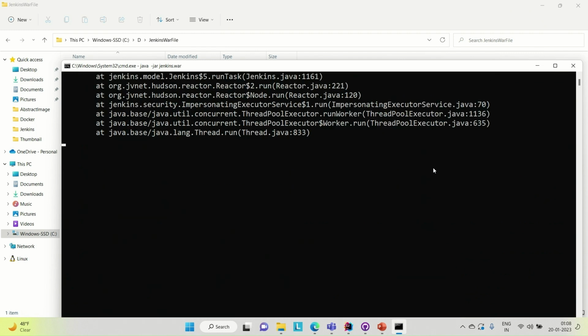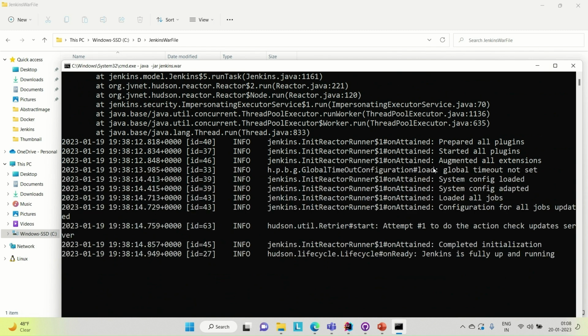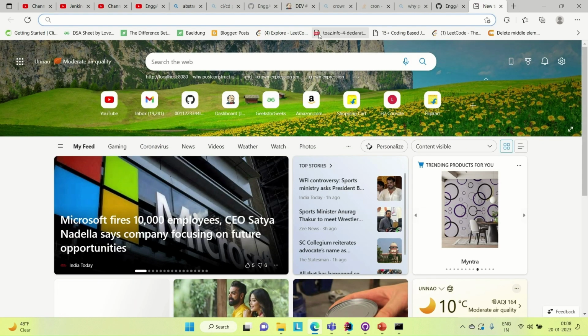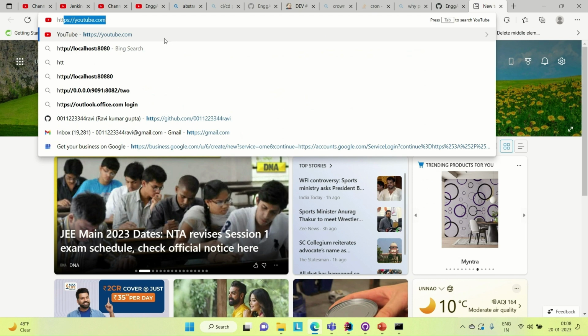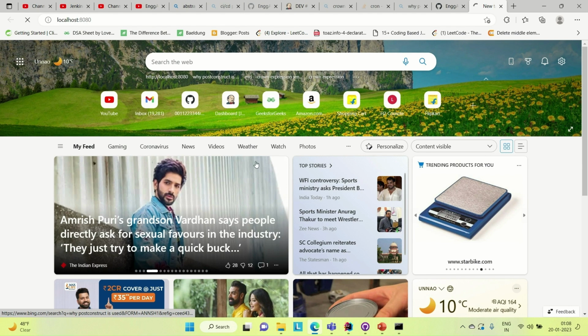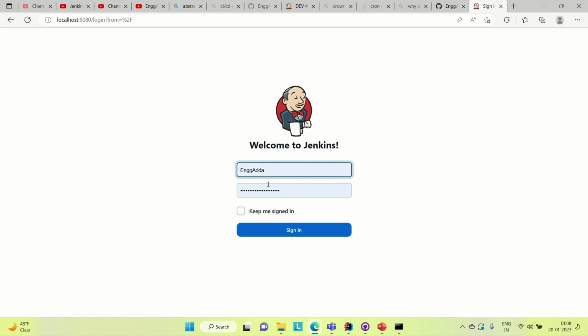So once it is up, we can log in to the Jenkins and then we can try to build our first job. So you can see Jenkins is fully up and running. So come here to the browser. So it is up on the port number 8080. So let me go there. In the earlier videos, I showed you how you can install Jenkins on the Windows machine. So you can watch that. So let me log in here